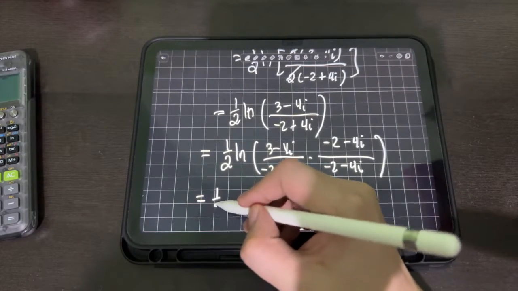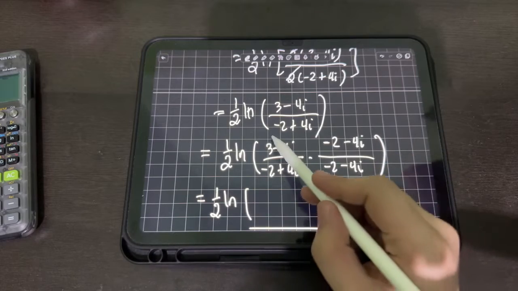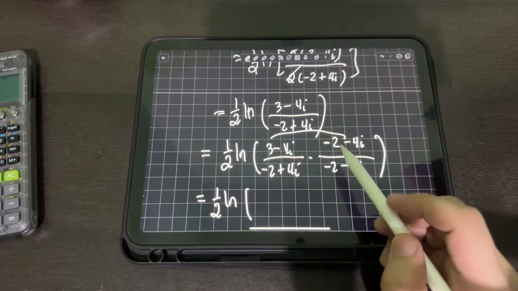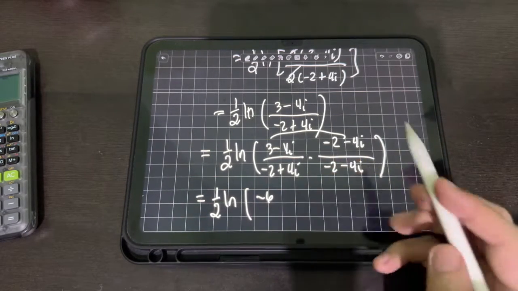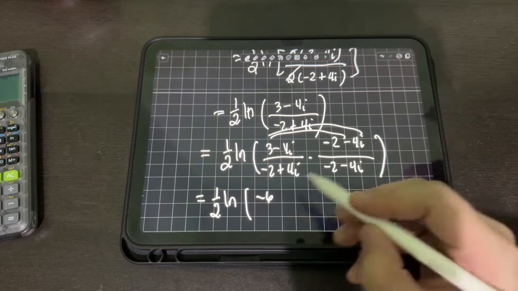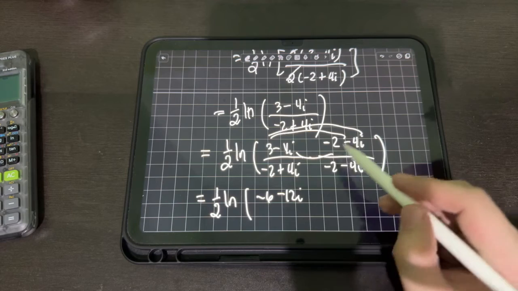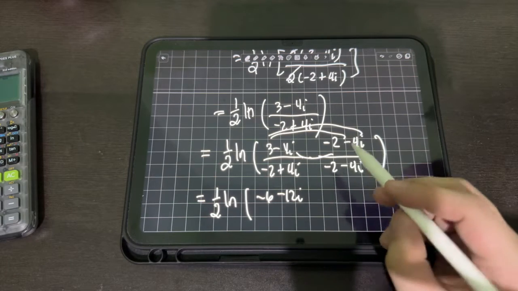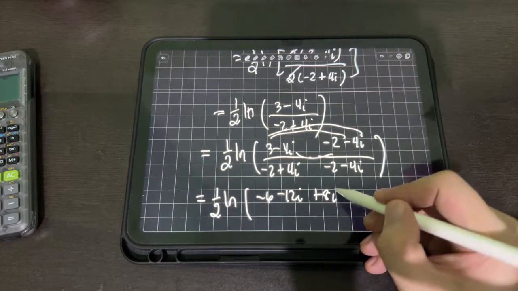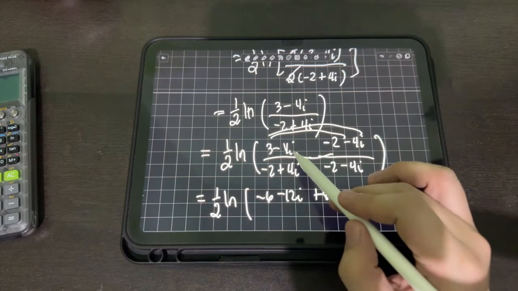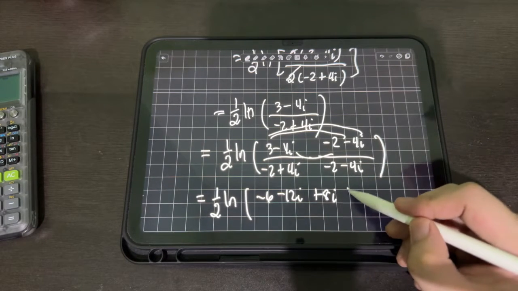So you will FOIL the numerator, multiply 3 times negative 2, negative 6, 3 times negative 4i, negative 12i, negative 4i times negative 2, positive 8i, and then negative 4i times negative 4i, positive